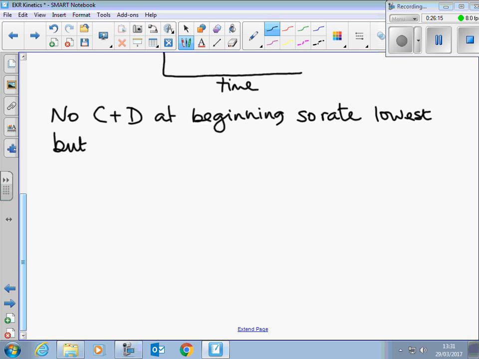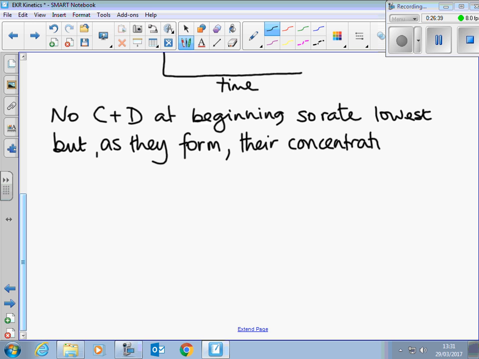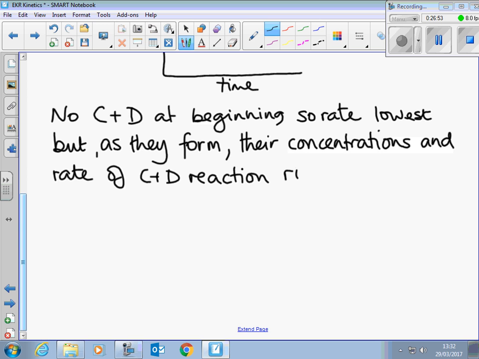But they're going to start forming, so as they form and their concentrations rise, the rate of the reverse reaction can rise. So as they form, their concentrations and rate of C plus D reaction, so that and that, they both rise. So you've got, for this one then,